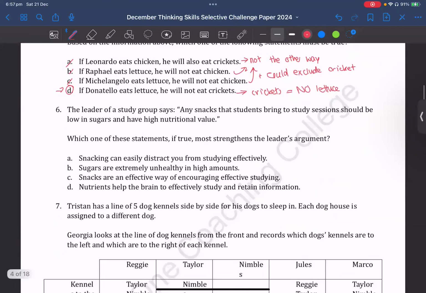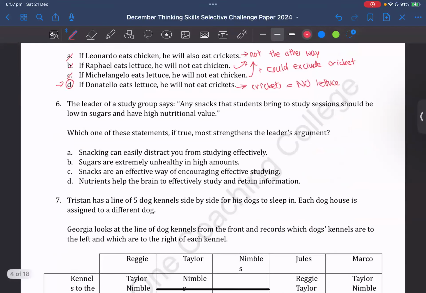Okay, moving on. The leader of a study group says any snacks that students bring to study sessions should be low in sugars and have high nutritional value. Once again, we're getting into slight technical terms here, which could be difficult for your children to understand, because nutritional value sounds like something from a health class, and low in sugars, I think sometimes it's just hard to sort of understand everything put together, especially in a high pressure test, such as the